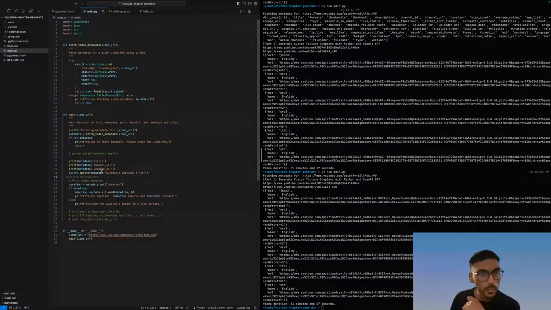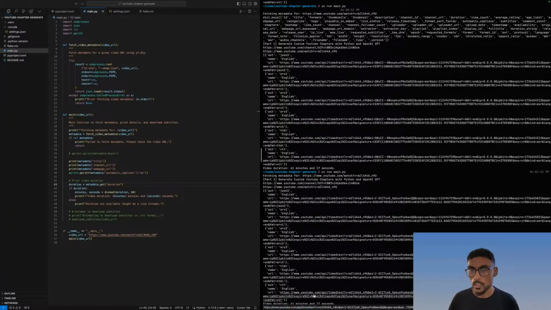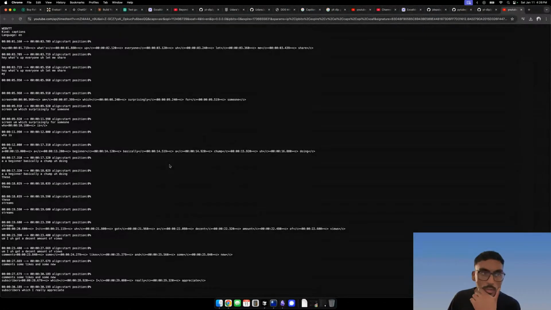And I'm printing out the different captions that YouTube generates for English, and they have different formats. Let's take a look here. We have JSON 3, we have SRV1, 2, 3, TTML, VTT. So in yesterday's stream, we were looking at us downloading VTT directly. Let's take a look at this one here. So this one is interesting.